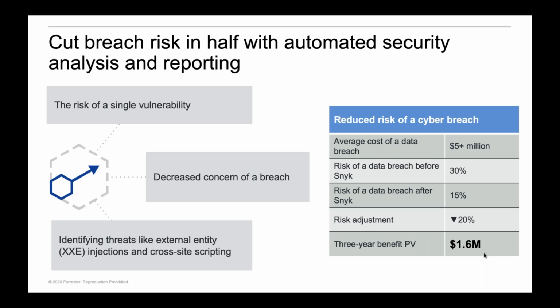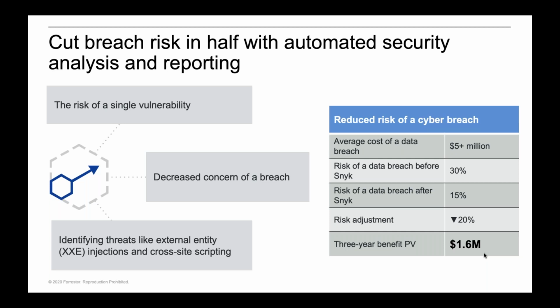The numbers here reflect estimates over 3 years, where we quantified the value of this benefit by assuming the following. For the organization, the average cost of a data breach was $5 million. Since adopting Snyk, the organization was able to cut its risk of a data breach in half, from 30% to 15%. The solution helped specifically to resolve at least twice as many vulnerabilities than before in a 1-year time frame. This is largely driven by improved threat monitoring across key product lines, and there was also less lag time from when the team discovers a threat to when the developers fix it.